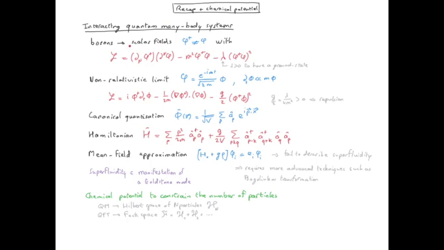Indeed, we see that nothing in the Lagrangian specifies the actual number of particles, and we have these operators a dagger, which create particles, and a, which annihilate particles, and which can take us from one Hilbert space to the other. We also see that if we look for the ground state of the Hamiltonian, in particular in the case of a repulsion, so when G is positive, we will find that the ground state is obtained for no particle at all. And if we want to describe a system with a given number of particles, we need to modify the Hamiltonian and therefore the Lagrangian in order to constrain the number of particles, and we need to do that with a chemical potential.